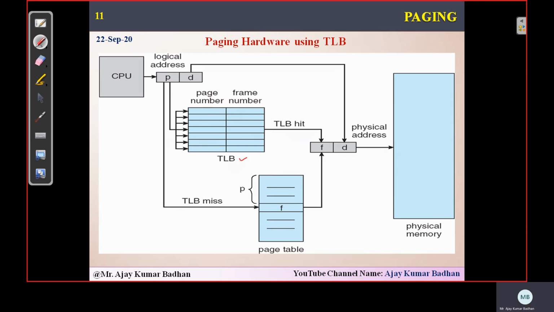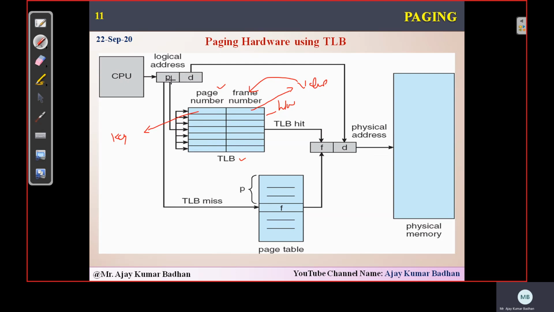Now, if you look here, we have something called the TLB, translation lookaside buffer. This buffer is hardware, and this hardware consists of two different slots. This is what I am talking about, the key, which in the diagram is simply represented as a page number. Your key is nothing but a page number, and this I am representing as a value, which is nothing but your frame number.